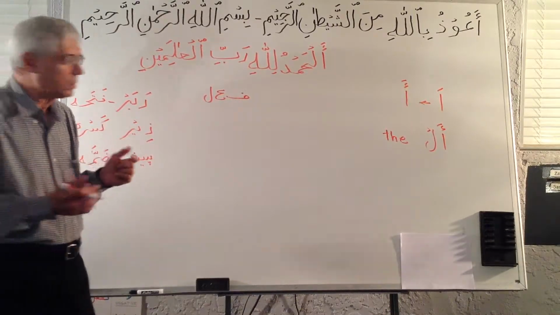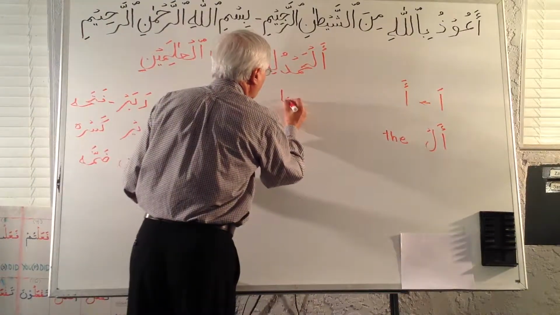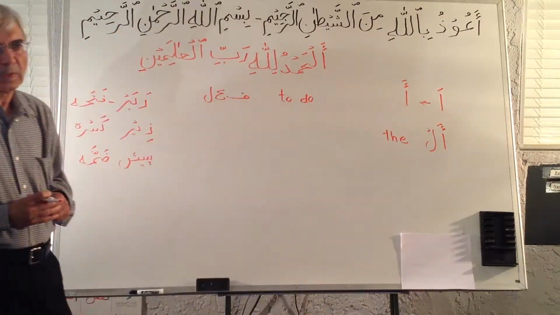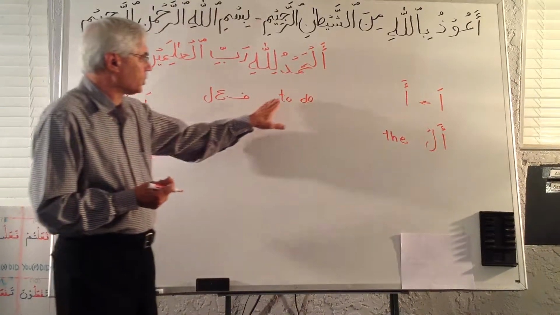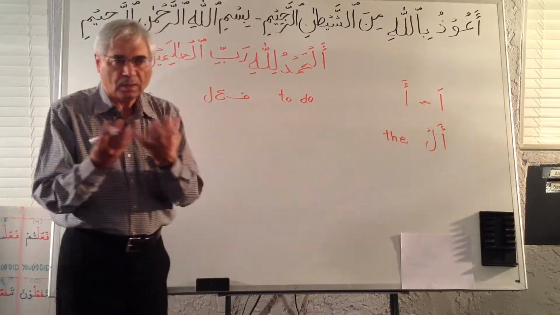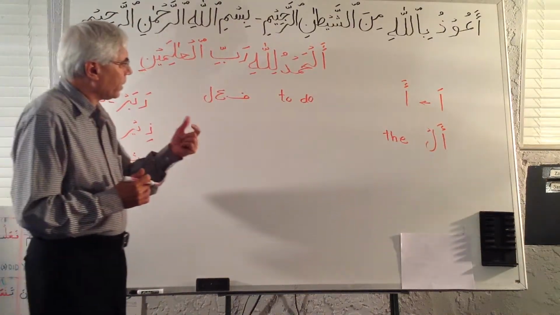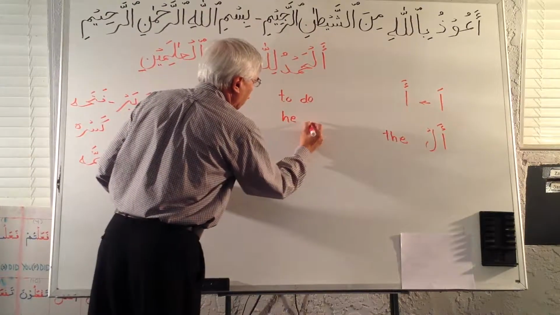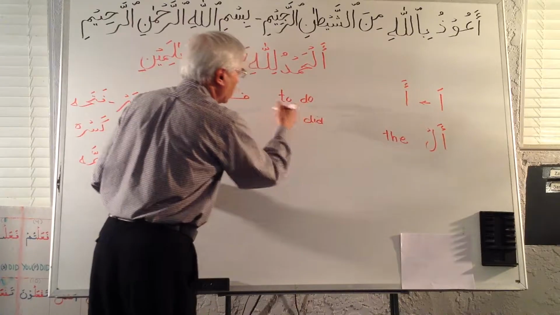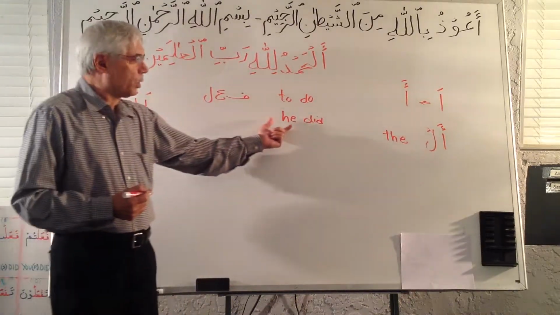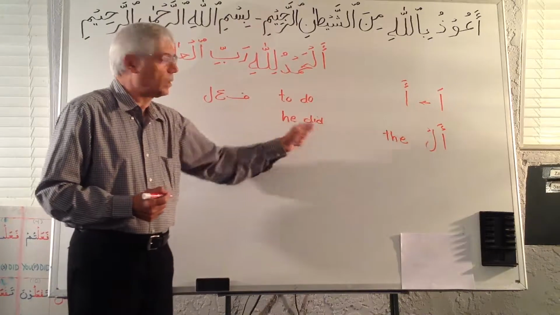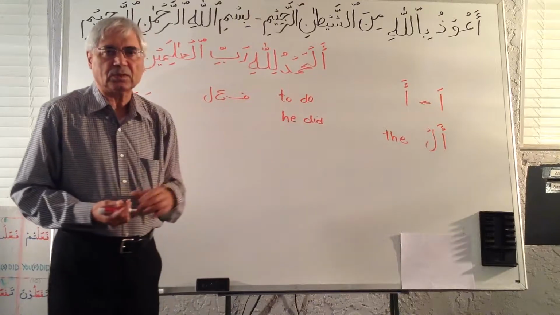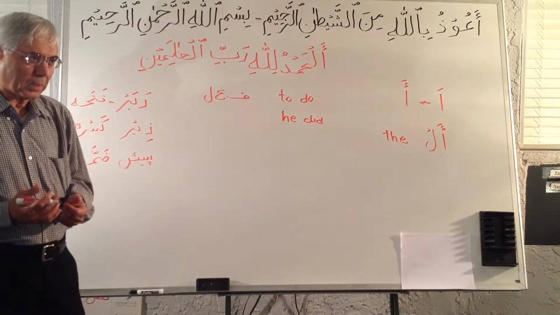These are three separate letters, but the meaning of these three letters will be like four letters in English, to do. These are also four separate letters, but when we put them together, they have a meaning. So if I change something in this word to do, I put a he in the front and make the second word as did. This has information about a third person, a past tense, and a masculine person.